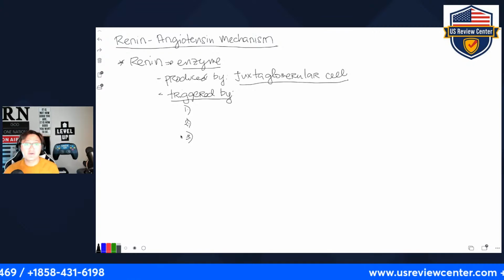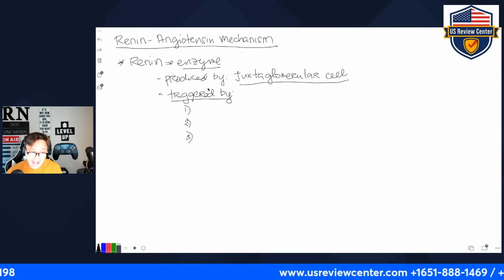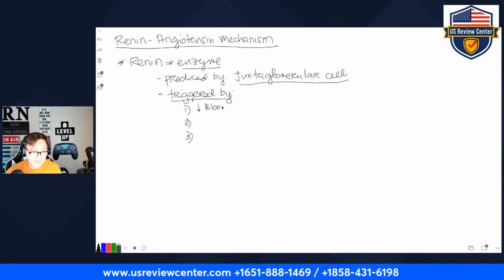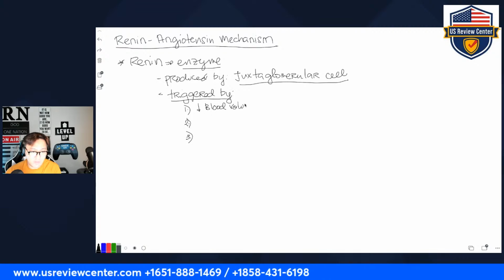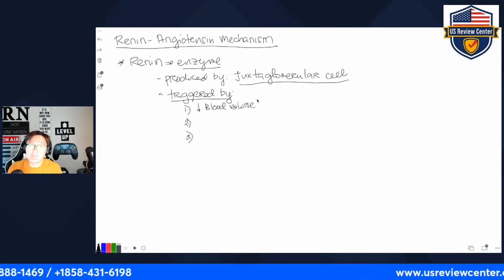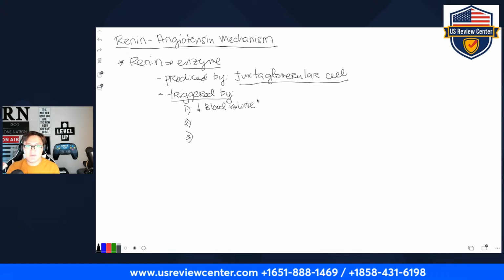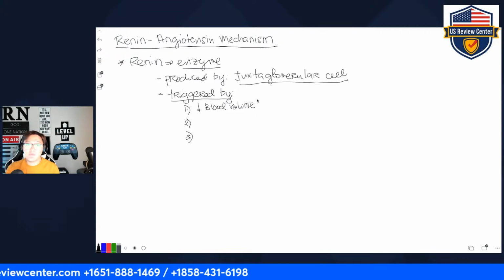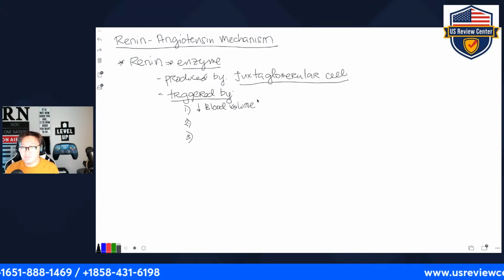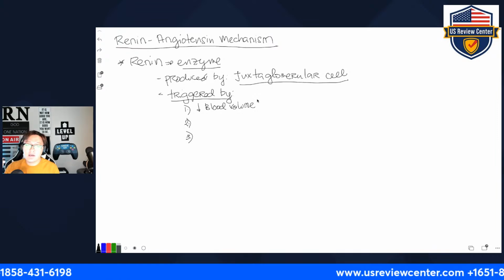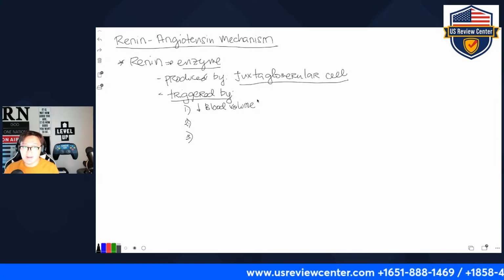Anyway, let's begin. First, renin is triggered by a decrease in what we call blood volume. Okay, if there is what we call hypovolemia. There are a lot of factors that can cause hypovolemia, right? First, maybe related to massive blood loss or hemorrhage, okay? Or two, maybe because of excessive fluid loss, just like severe diarrhea, okay? So either way, if there's a decreased blood volume, it can initiate or trigger release of an enzyme called